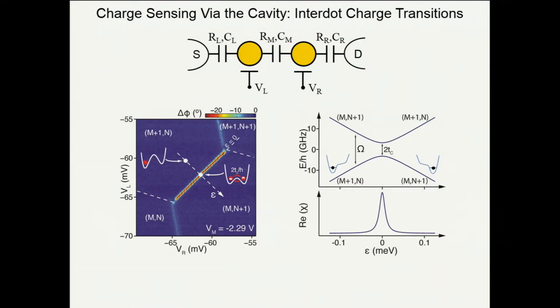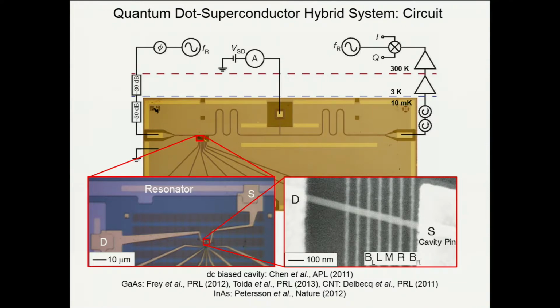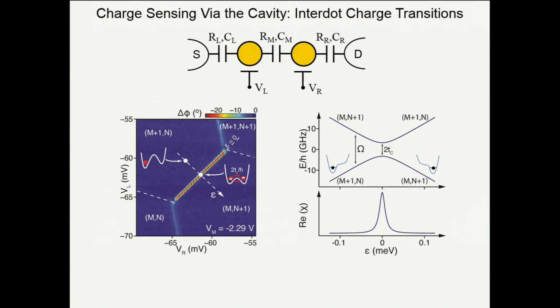Here's what's surprising. Take light, shine it in, and you look at what comes out the other side. You can measure the amplitude of the signal that exits the cavity, and you can measure the phase of the signal that exits the cavity relative to the light you put in, right? So you put a sine wave in, a sine wave comes out the other side. It has a different amplitude, but it might also be phase shifted by a little bit. So we measure amplitude and phase, and this is the phase shift,